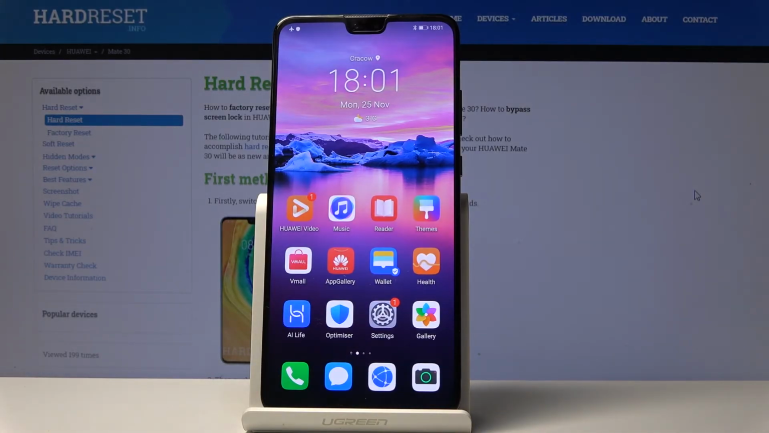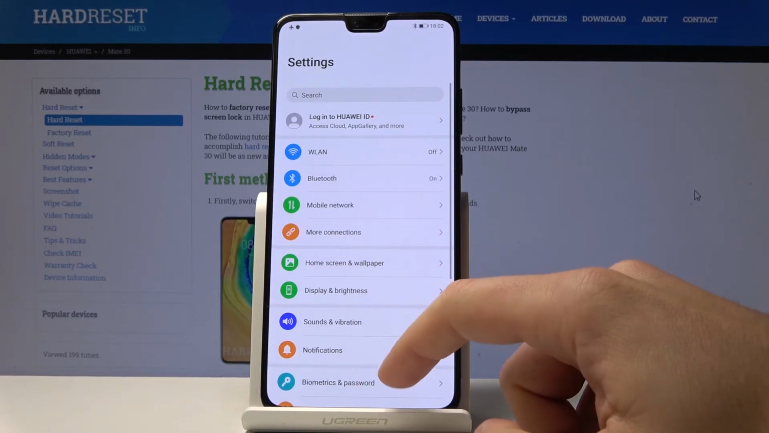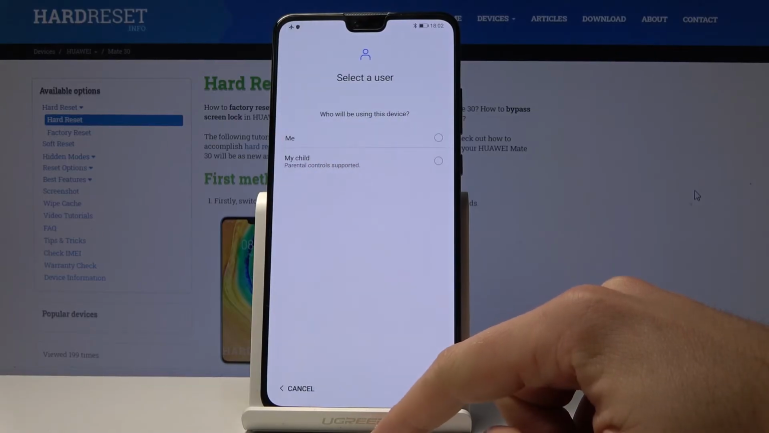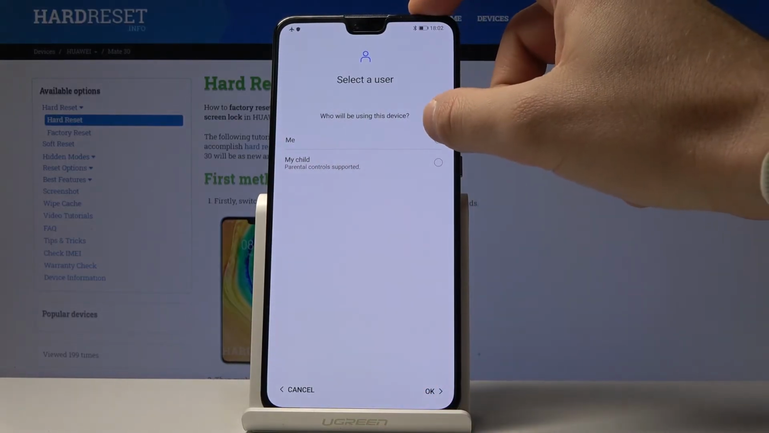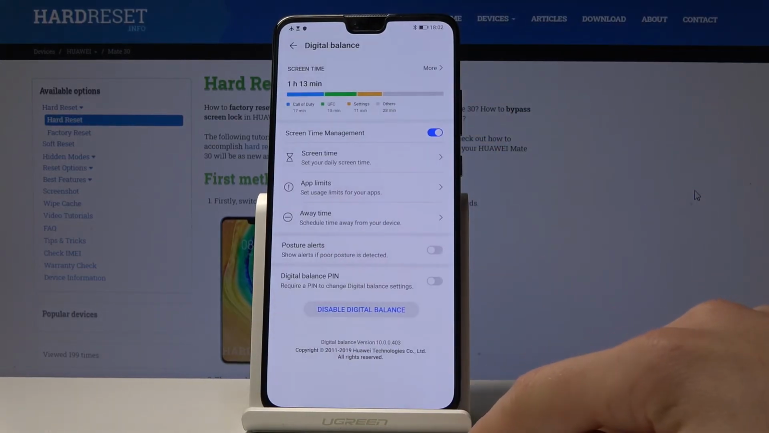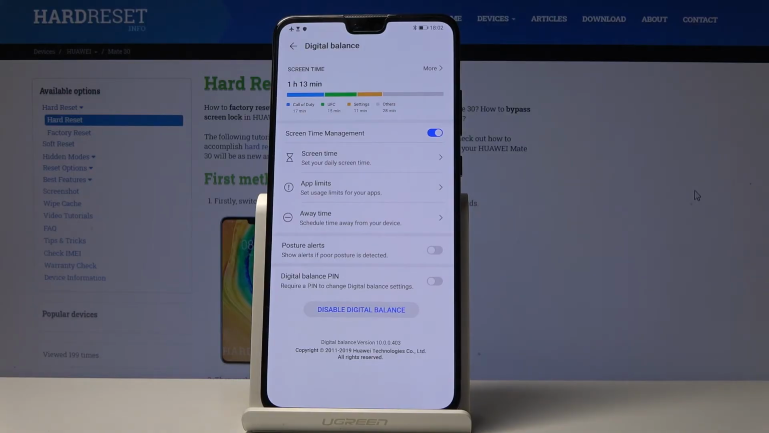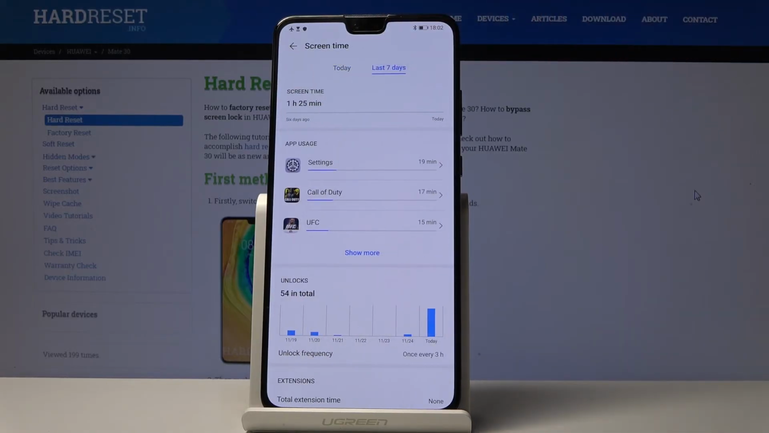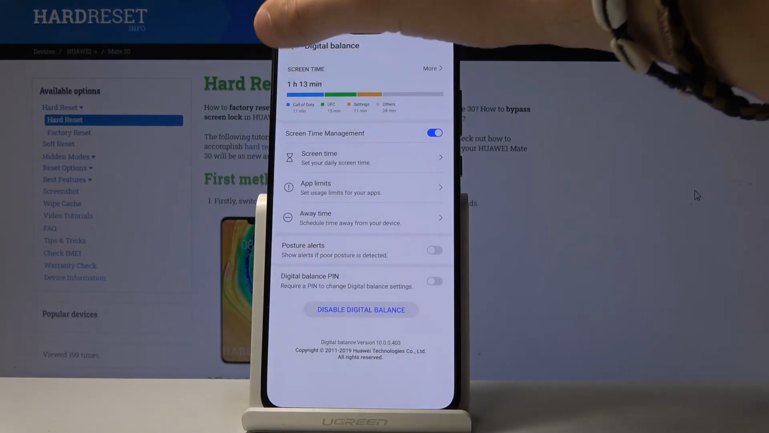Let me show you the digital balance. Let's choose here settings, scroll down, select digital balance, let's tap start. Let me select me, tap OK, and that's it. So here you can read really useful statistics about your digital balance. You can read the screen time. Here you've got more statistics, for example from last 7 days. You can also go back,